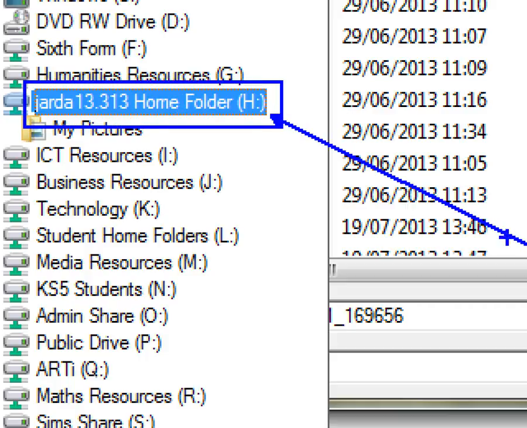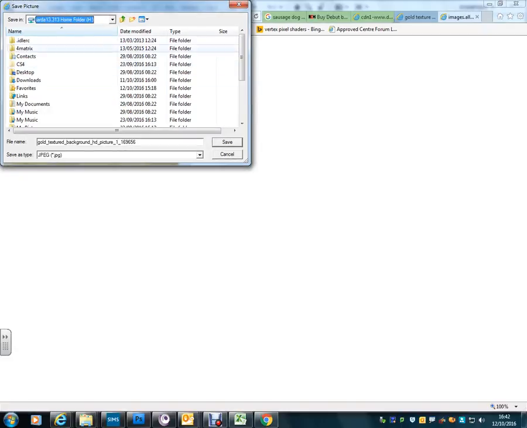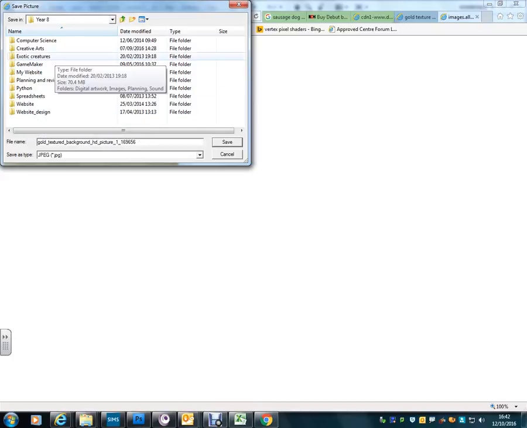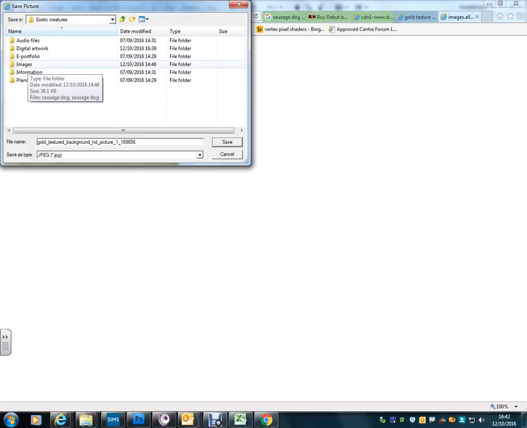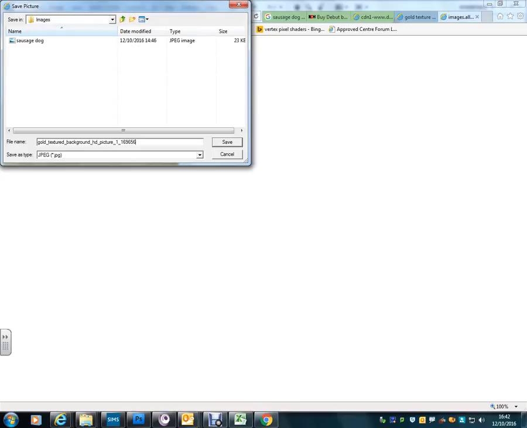So look for this folder, and then you can go to My Documents, your Year 8 folder, or your Year 7 in your case, and then Creative Art, Exotic Creatures, and then go into Images. You probably have lots of textures from previous lessons that we've saved. So if I put in gold texture,